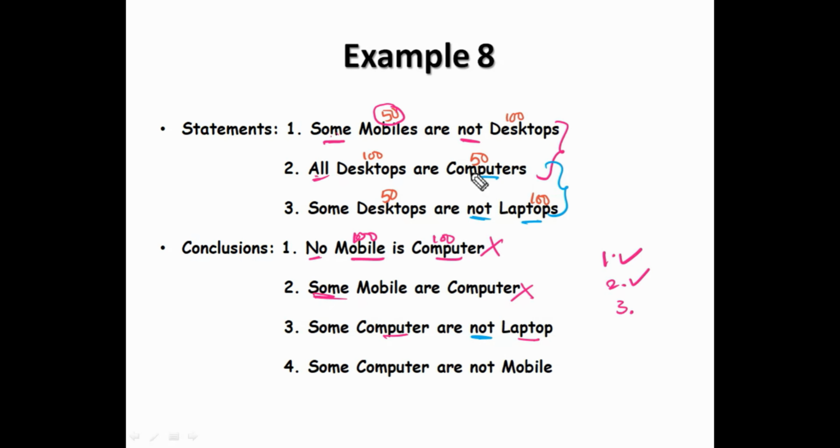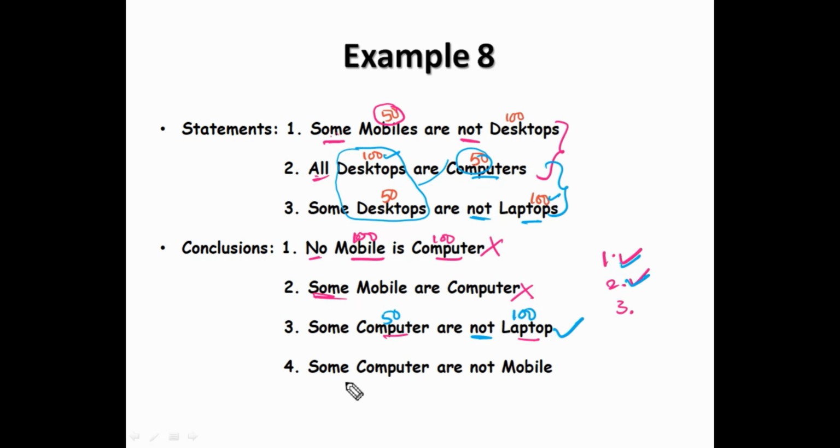Next, can you combine? Yes. What is the common element? Desktops is common and at least one is 100. Yes, here one is 100. That's why we can combine. Step 2 also cleared. Now check income and expenditure. How much we need as expenditure? Some means 50, not means 100. Computer, we need 50 as expenditure, and there is 50 income. That's why we can spend. Laptop, we need 100 as expenditure. There is an income of 100. That is also okay. So the conclusion follows.